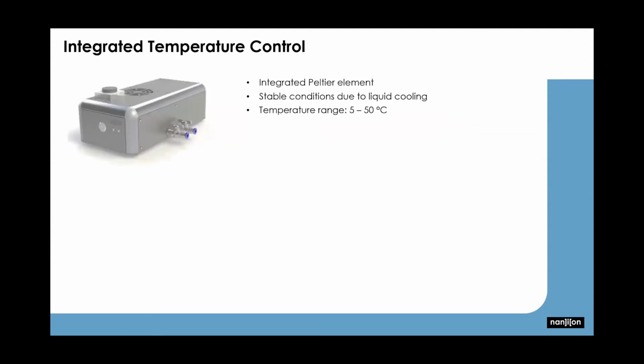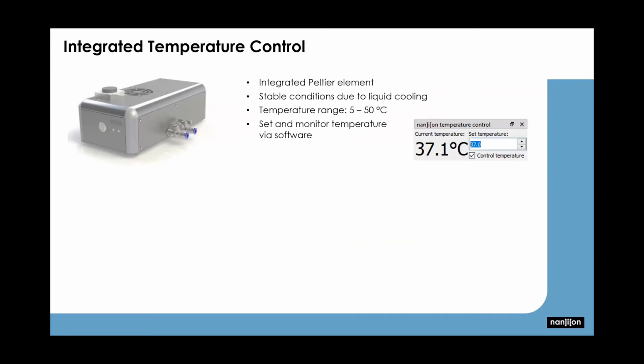And both systems have an integrated temperature control. So the temperature control would be connected to the device. You do not need to use it, but it will enable you to apply for the whole recording a temperature in a range between 5 and 50 degrees Celsius. So you can actively cool or heat. It's really simple to use. It's integrated in the software. You just set the temperature you want, and several sensors inside the system will hold this temperature constant virtually for hours.